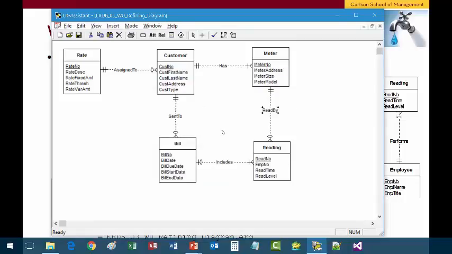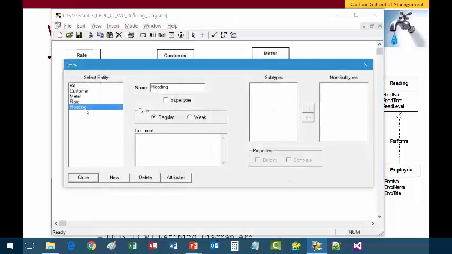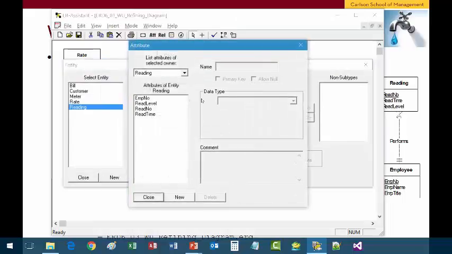So the first thing we need to do is remove the EMPNO from the readings table,